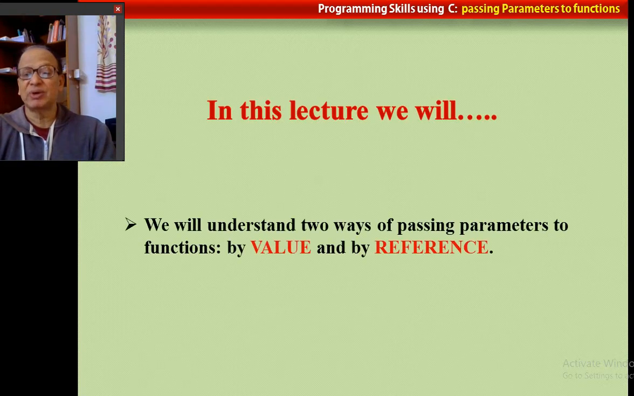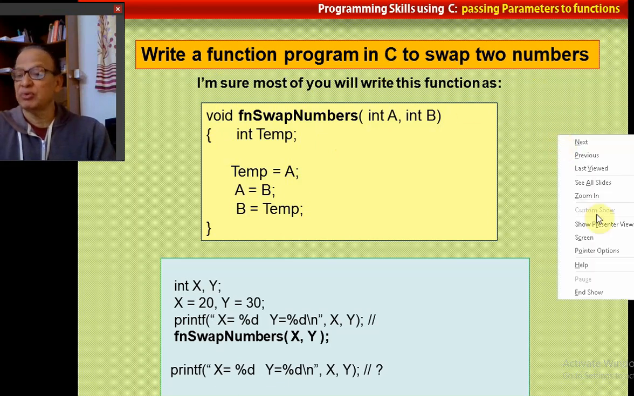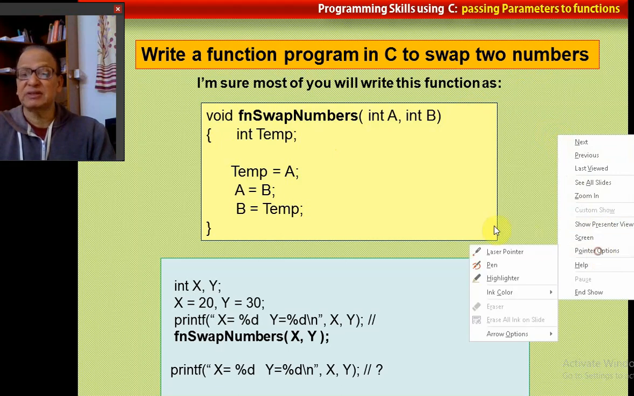So in this lecture, you will understand two ways of passing parameters to functions, by value and by reference. Understanding this is very, very important. So let us take the first aspect. You write a function subprogram to swap two numbers. And I'm very sure all of you will write a function like this,